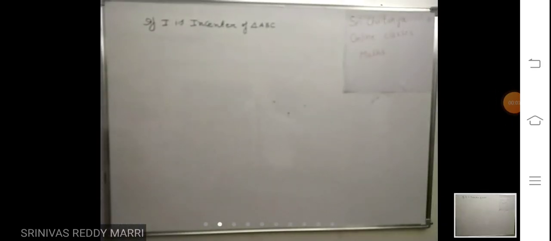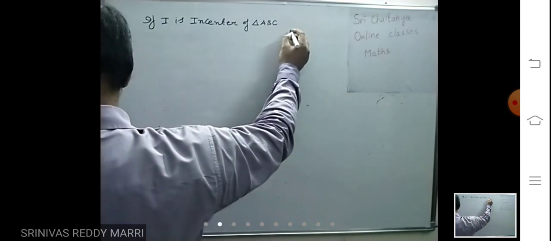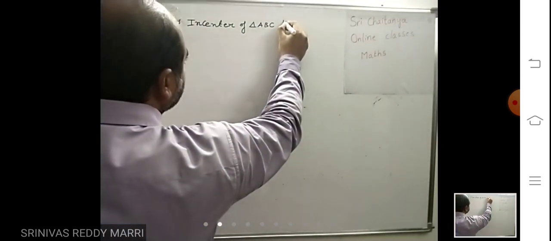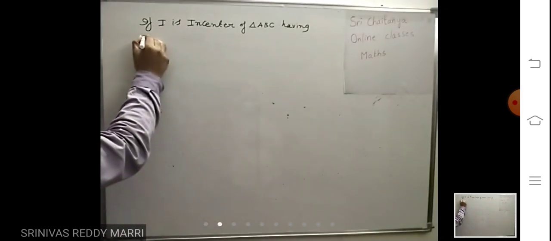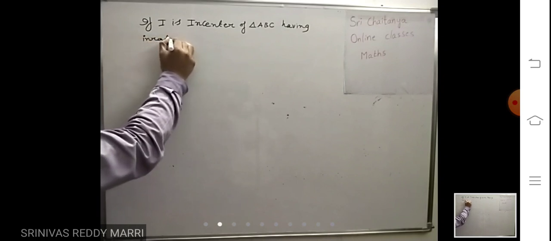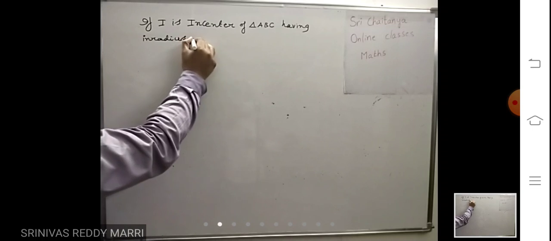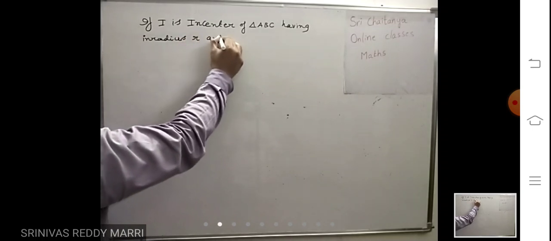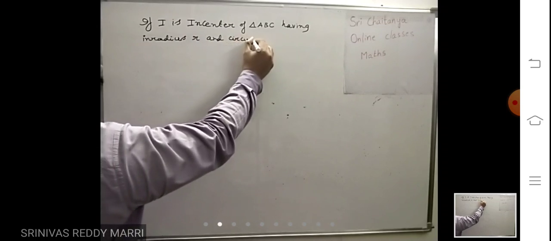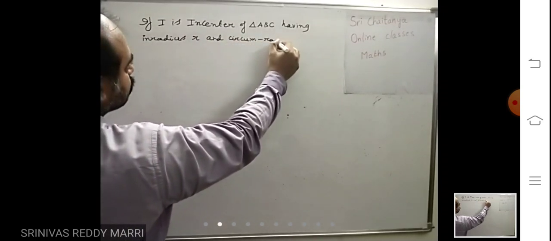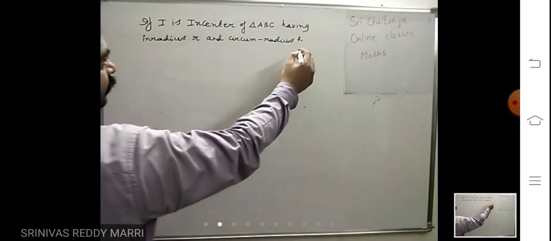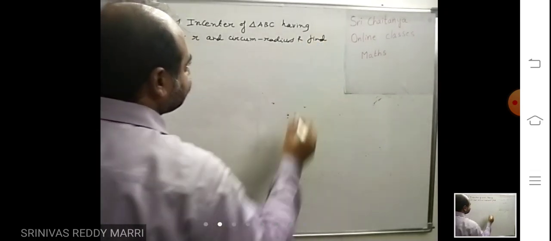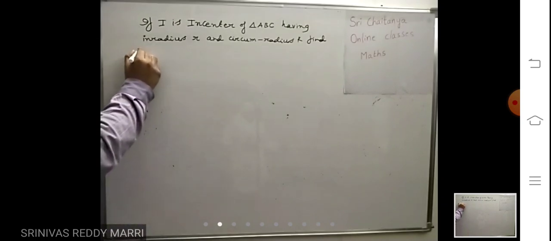If I is the incenter of triangle ABC, having inradius small r and circumradius capital R, find the first question: